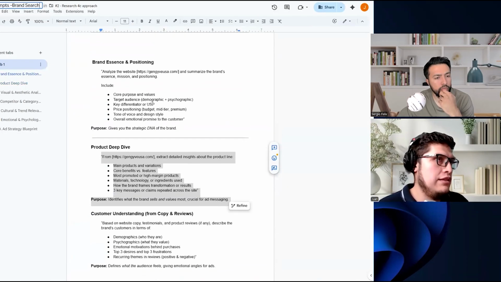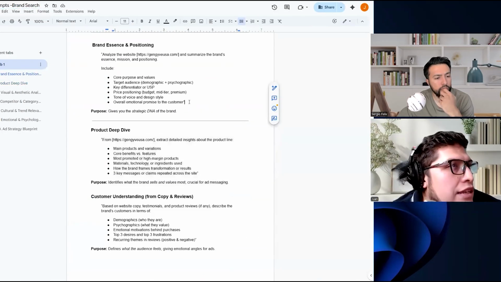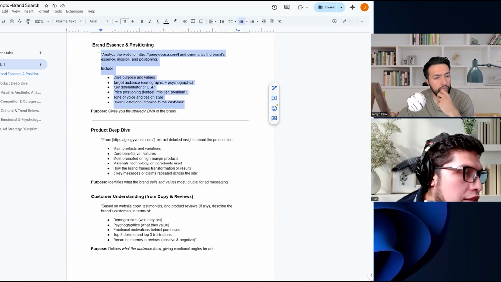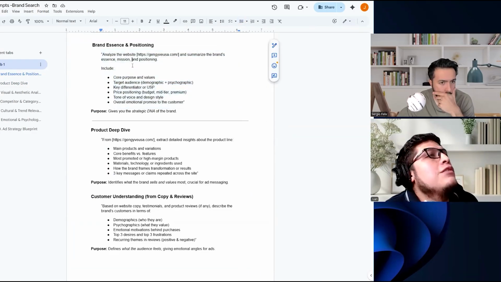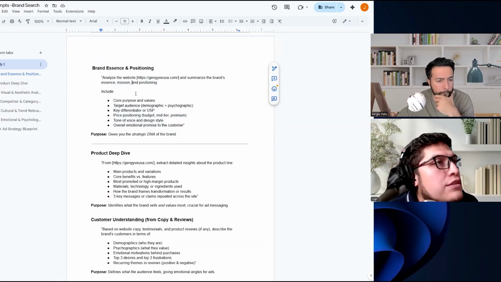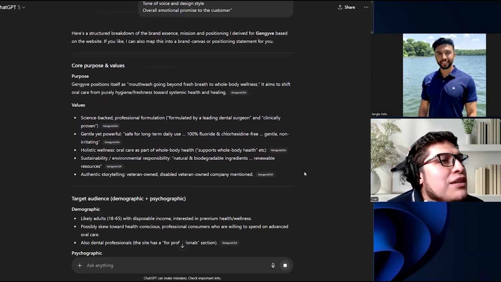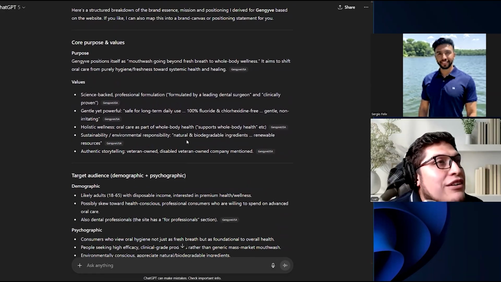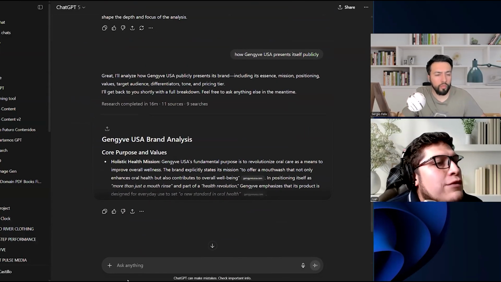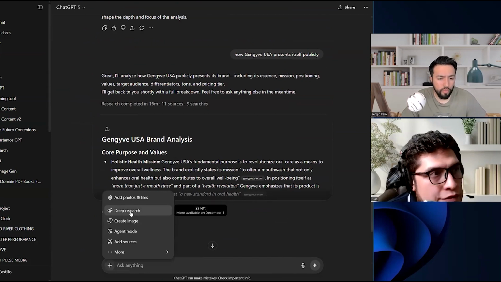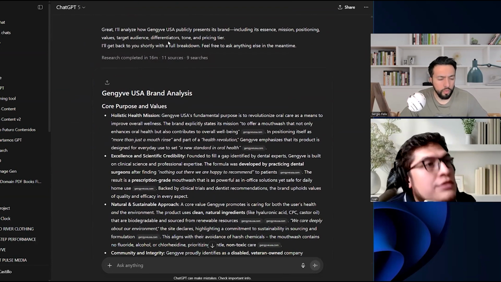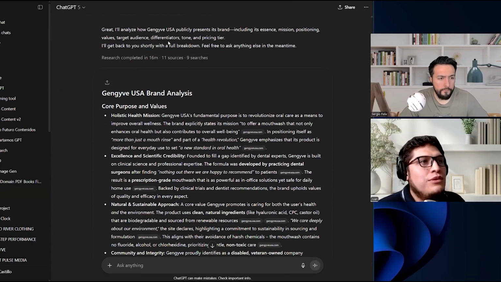I'm going to show you actual prompts that I will use in this case, just to show you what the AI can help you with. So for example, for the first part that I told you, the brand assets and positioning. With this, you can have general information based on your own website or again your competitor's website, right? But also you can use, for example, the deep research function that these tools now have, which is very powerful